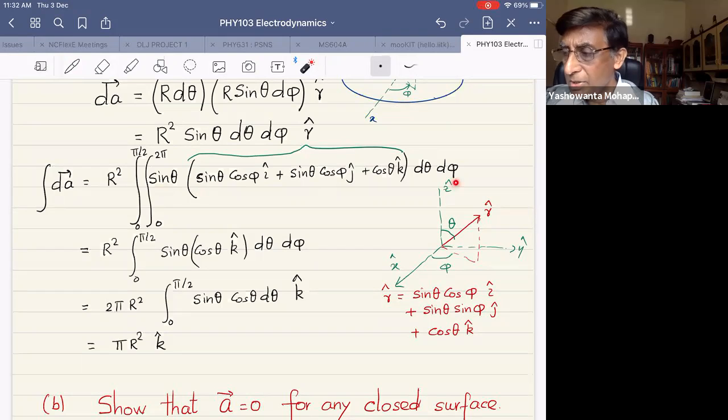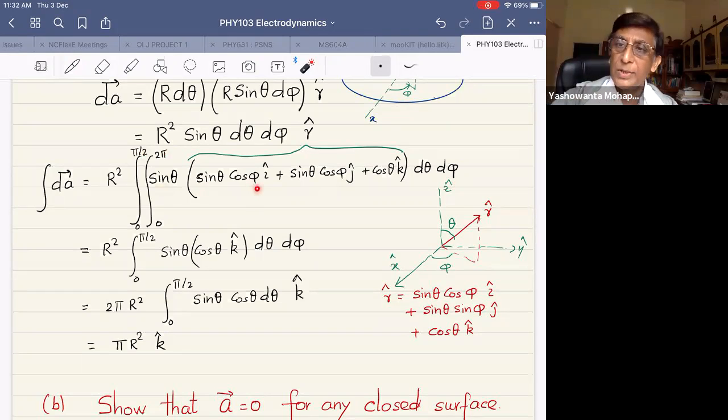And what are the integration limits of d theta? Theta goes from 0 to pi by 2 for the hemisphere. And phi, of course, goes full, so 0 to 2 pi. Okay, so you can notice, as you can already anticipate from the symmetry of the problem, that there will be no contribution from the cos phi and the